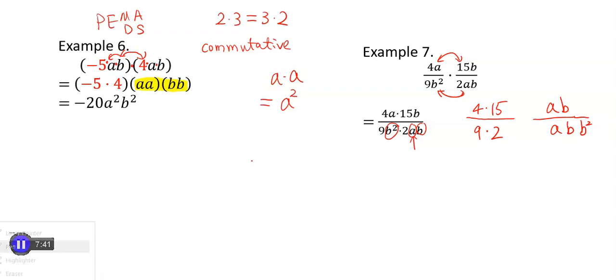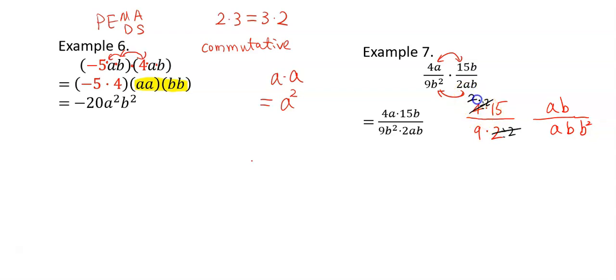Okay, so now I separated A's and B's. And this is not mandatory. If you are not bothered by A's and B's and the numbers together, you can go ahead and simplify from this expression. Okay, so now we're going to first try to simplify the numbers. The 4 and the 9 don't have anything in common, but 4 and the 2 both have a 2 in common. So I'm going to go ahead and throw out a 2, which means dividing both numbers